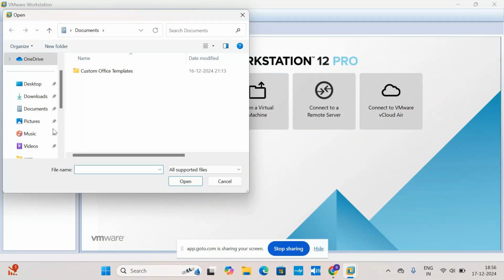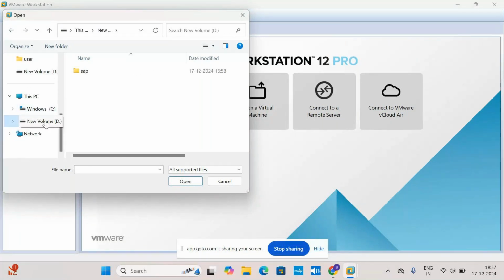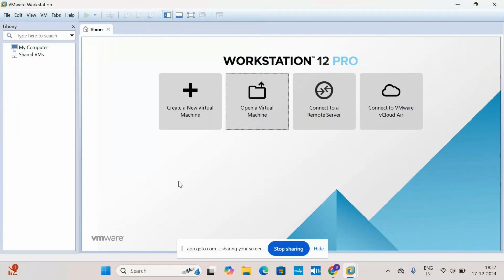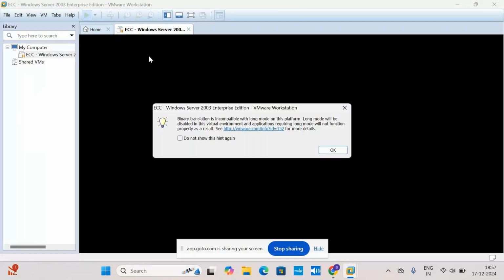Click on this folder. It is not opening. Click on open once because it will show one file. Acha, SAP, that one. Double click on this folder. Yes. Now you do last option. You select last option and open. Yes, ma'am. Now you go to resume the virtual machine. It will work now. Little mistake was there. Just don't show the message again. You click and okay.